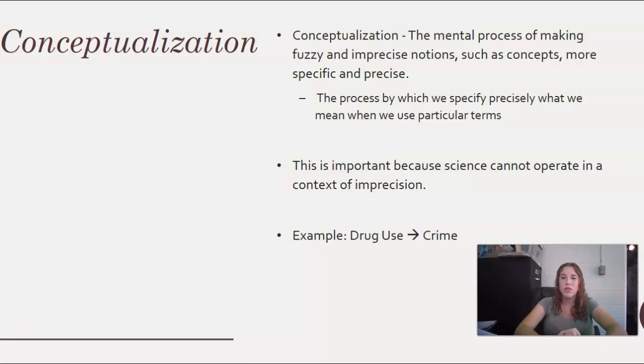Maybe we even want to get even more specific and name specific drugs. We also want to know things like the amount of drug use occurring, how often do people use these things. So there's a whole bunch of stuff that goes into understanding it. But at the very beginning, we want to take this really abstract term of drug use and make it more specific. And then we'll keep going and we'll make it even more and even more specific as we go along. So if the title of your study is examining the relationship between illegal drug use and crime, that's a great start.